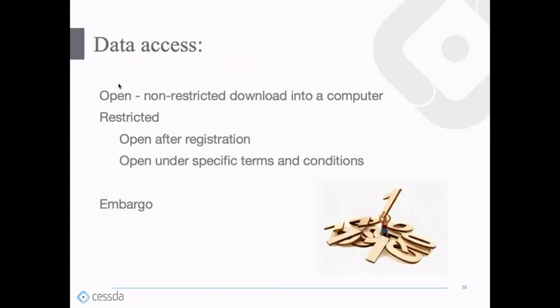If the data conform to your demands, you want to download them. At this point, the most important thing is the data access, which means the terms and conditions under which you can access and use the data. The data can be open so that anyone can access them without registration, or they can be open after registration and you must register to download them. There exist other access conditions that are more strict. For more information about these strict access conditions, see the Discovery chapter in the Expert Guide.